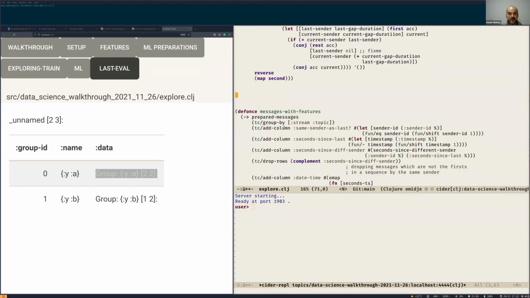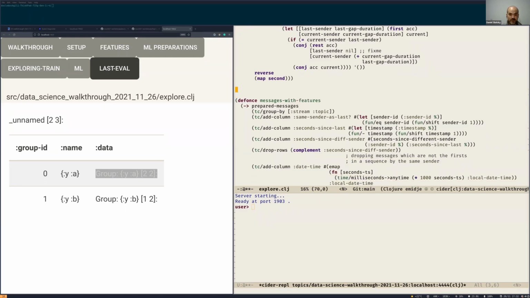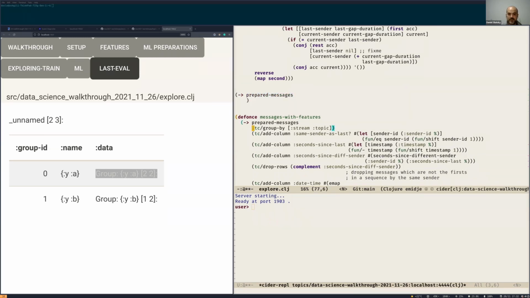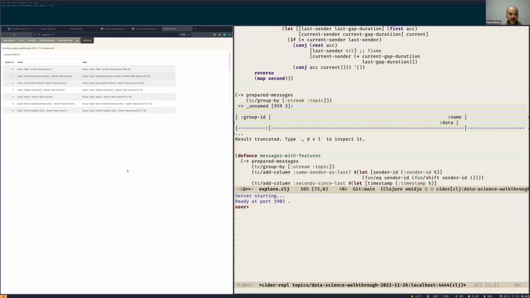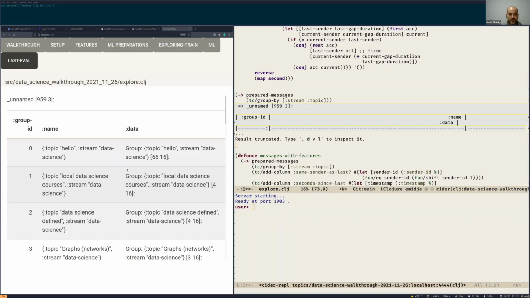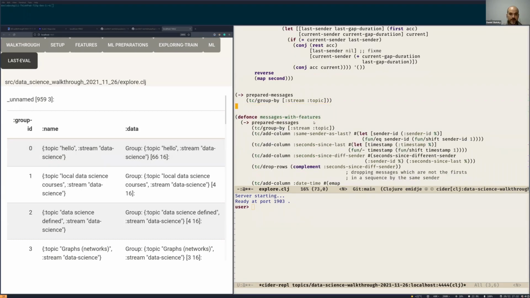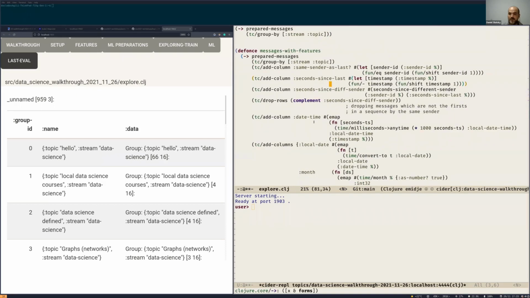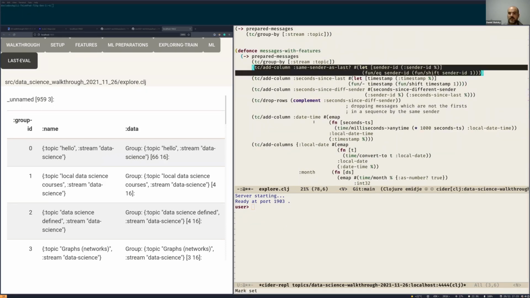And now in our case, we were grouping by stream and topic, right? We were grouping by stream and topic, and we got these separate data sets of messages where each one of these we want to think about as a time series, right? And then we are doing some computation. So for example, we can add columns. And what happens, for example, if we do this